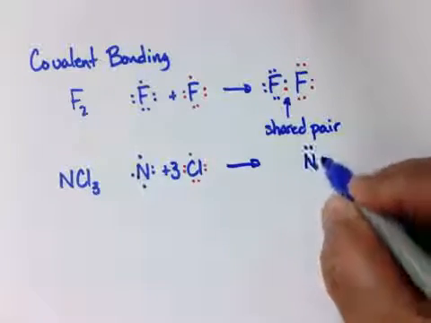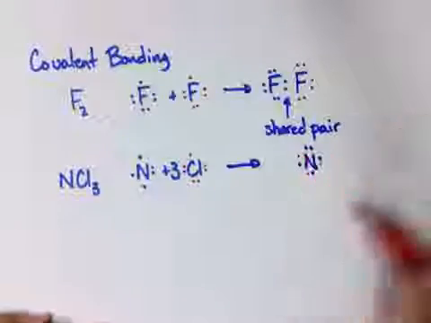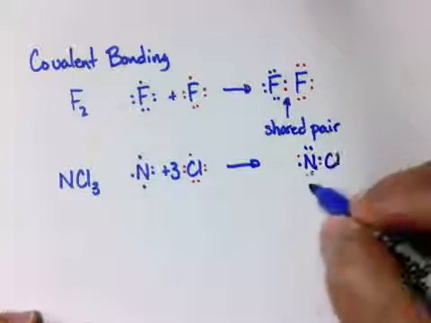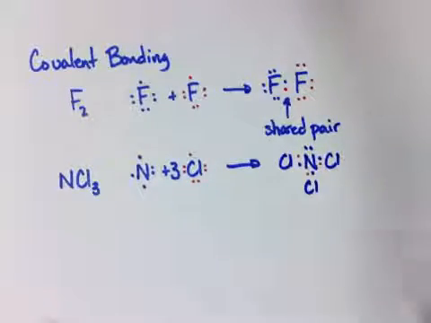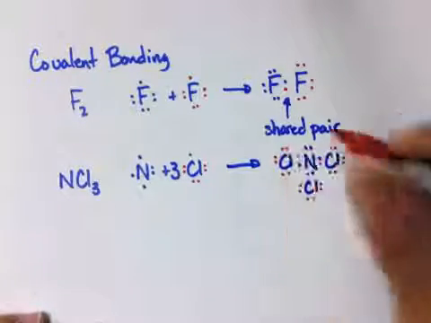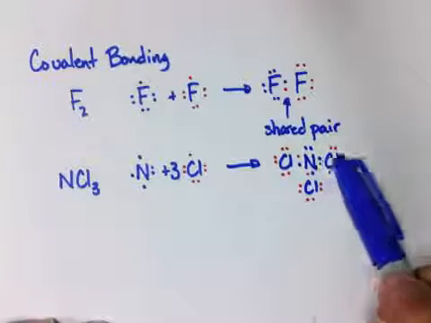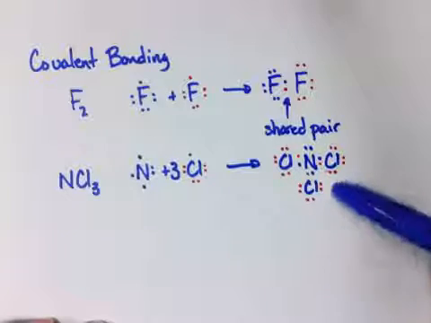And so in the nitrogen trichloride, we end up with this arrangement. Each of the chlorine atoms shares an electron with nitrogen, and nitrogen shares one of its unpaired electrons with each of the chlorines. And so now, once again, we have these shared pairs which form the covalent bond between nitrogen and each of the chlorines. And so here we have one covalent bond, here we have another covalent bond, and here we have